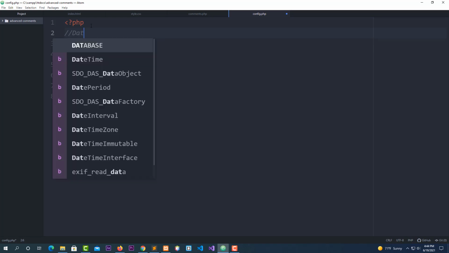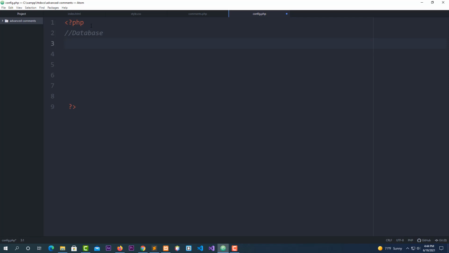because we will call config.php inside of comment.php. This is why we have to code config.php first. Without further ado, let's get started. I'm going to say php, like this. Go inside. Now this is where I'm going to pass my